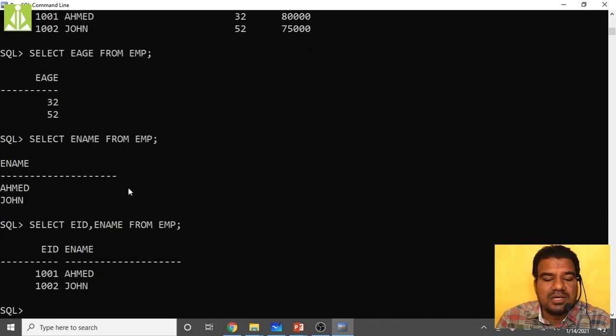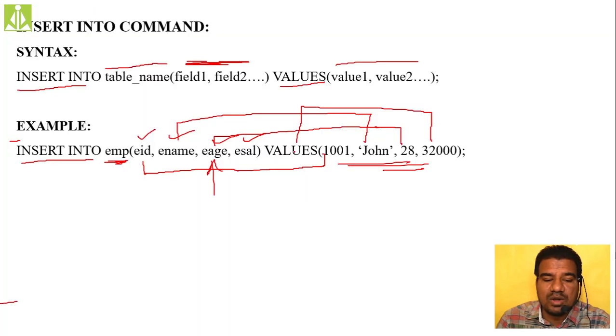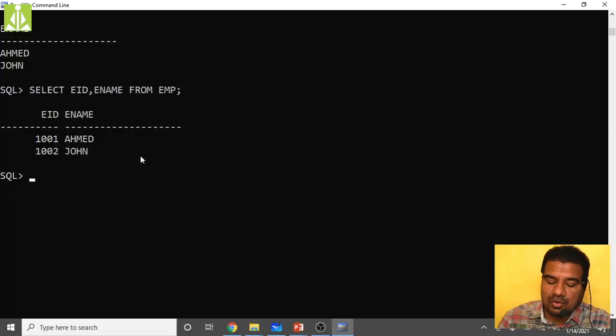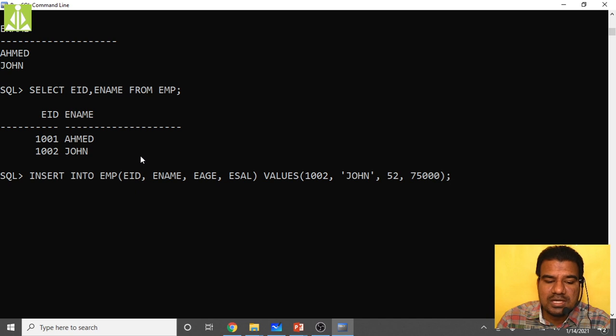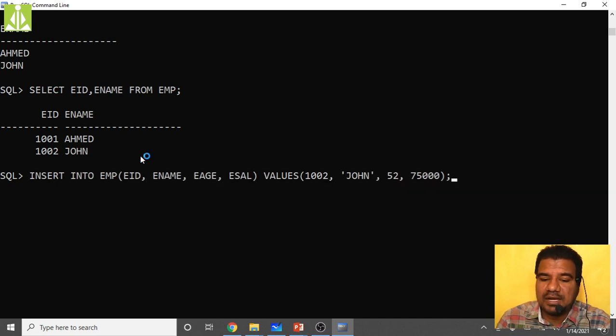The next thing, we'll see what we have. Insert into we have seen. Insert three or four more rows. By making use of the up and down arrow keys, you can quickly insert the rows. Over here I have just pressed the up arrow, and here you can put 1003.